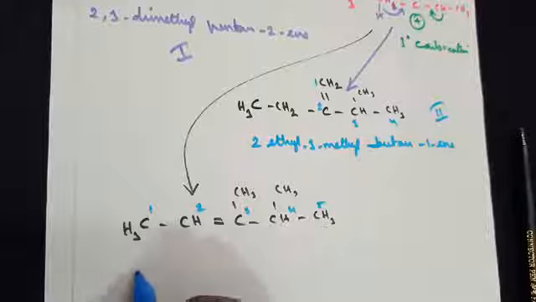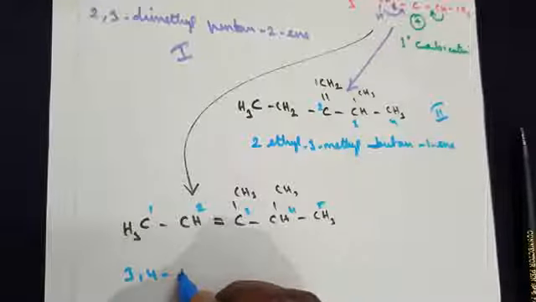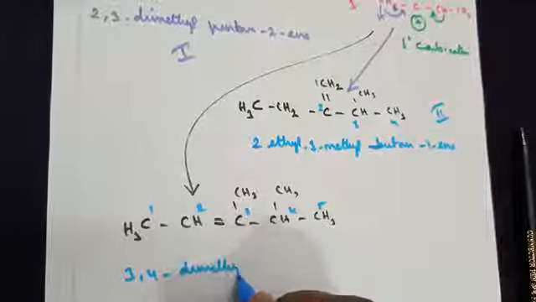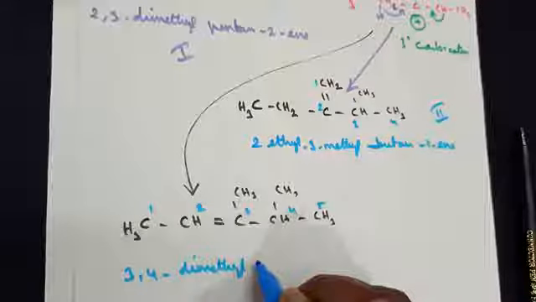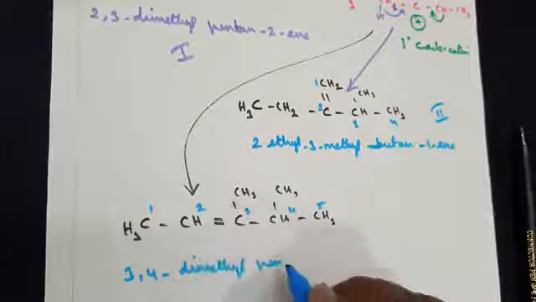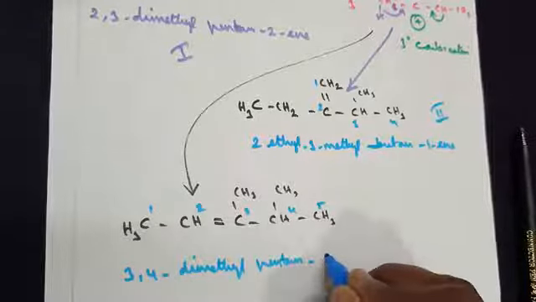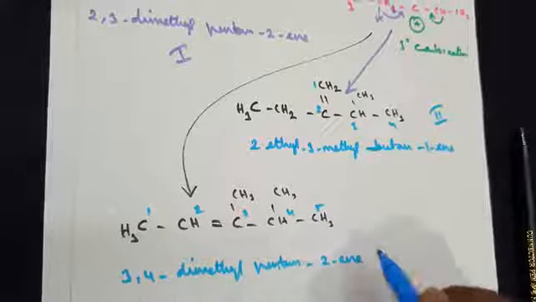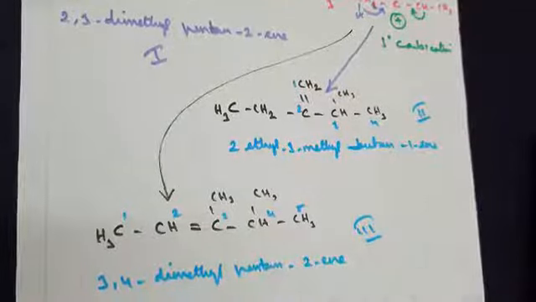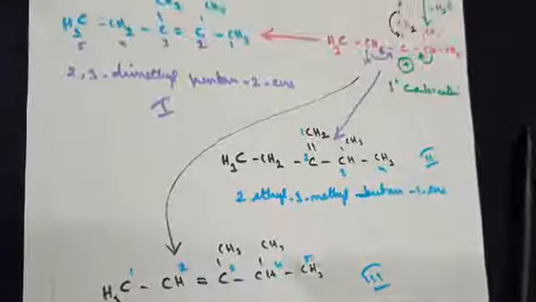So the third and fourth carbon has got a substitution. So 3, 4-dimethyl. After the second carbon, you've got a double bond: 3,4-dimethylpent-2-ene. So this is the third product. So you have seen all the three alkene products, 1, 2 and 3. Now you need to cross check which one of these three is the major product here.